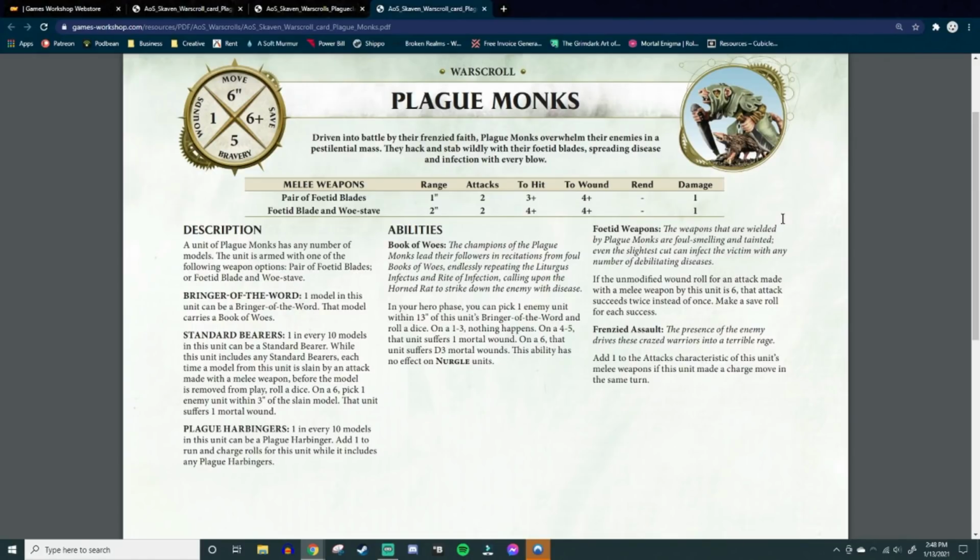Make a save roll for each weapon. Now that happens to both of them, okay? If your unmodified wound roll is 6, it explodes and becomes 2 attacks. That is terrific given the number of models in this unit that are going to be attacking. These guys are on the smallest bases possible. And then down below that is Frenzied Assault. Add 1 to the attacks characteristic of this unit's melee weapons if the unit made a charge move in the same turn. Again, all of these things apply to both weapon options,